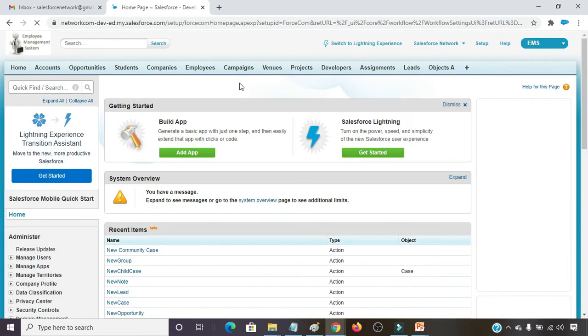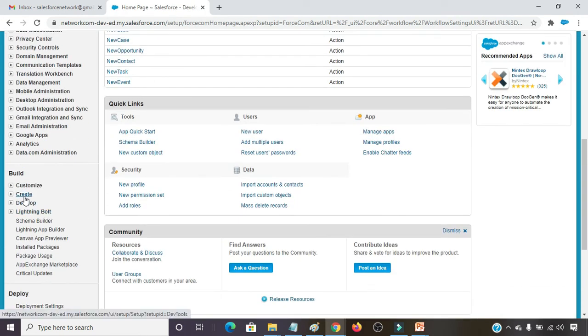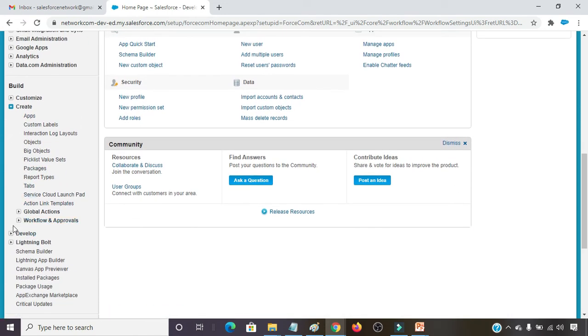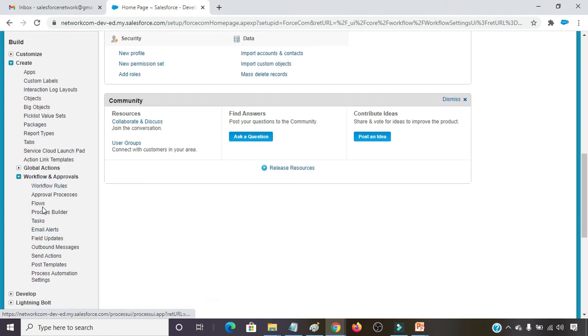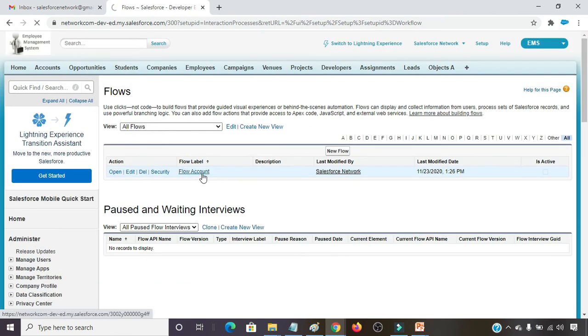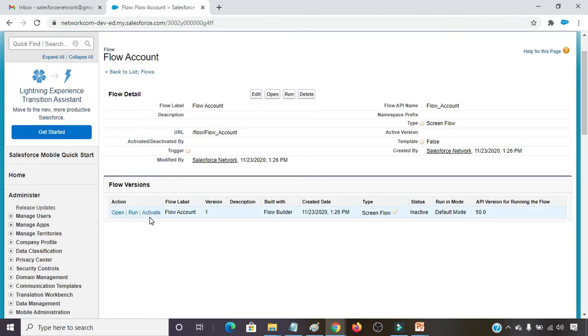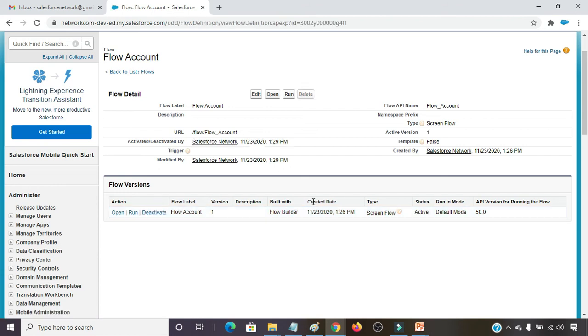So again, I am going to flows: setup, build, create, workflows and approvals, flows. Click on flow account. Now activate. Now add the flow to the home page.